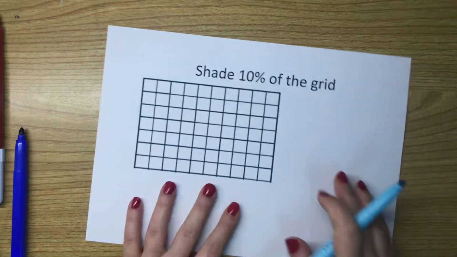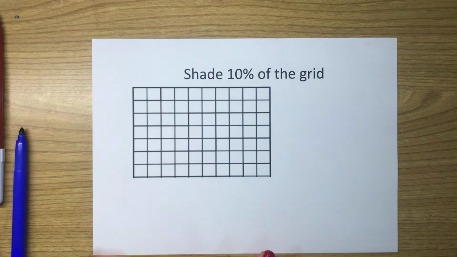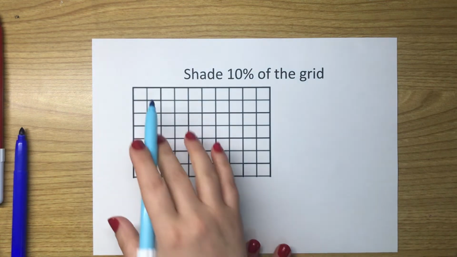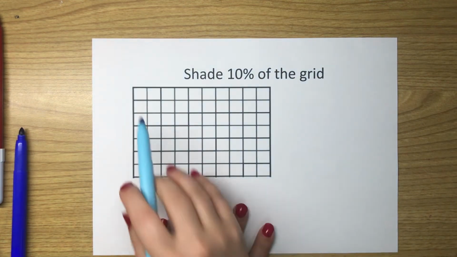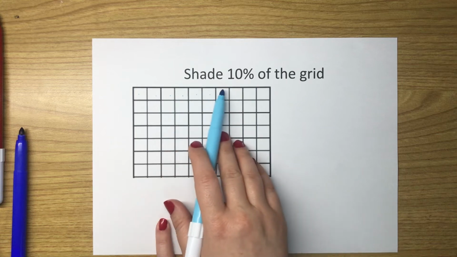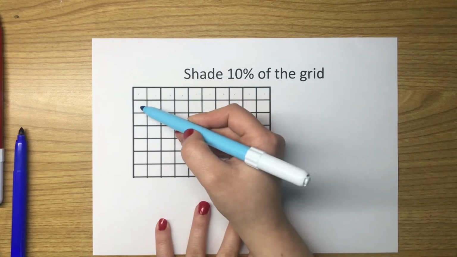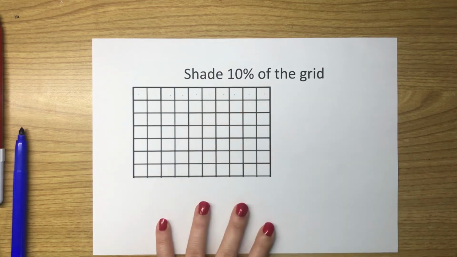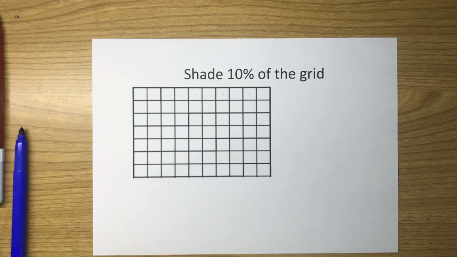Here I have this grid. This is not a 10 times 10 grid. This one: 1, 2, 3, 4, 5, 6, 7, 8, 9, 10. And 1, 2, 3, 4, 5, 6, 7. Okay, I have to shade 10% of this grid. This is different in this case,